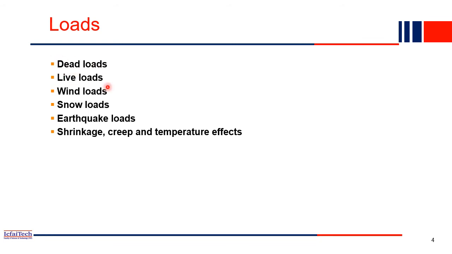Then we have live load. Live load means the loads which are moving, because people are standing on a structure, and after 1 minute we'll be going into some other portion of the structure, right? So this human load is a live load. Again, the tables and chairs are all movable. One time they may be in one location, after some time in another location. So these are all live loads, whereas those which are fixed we call dead loads.